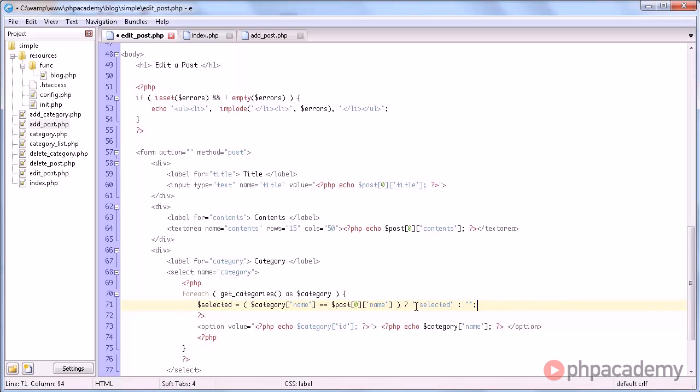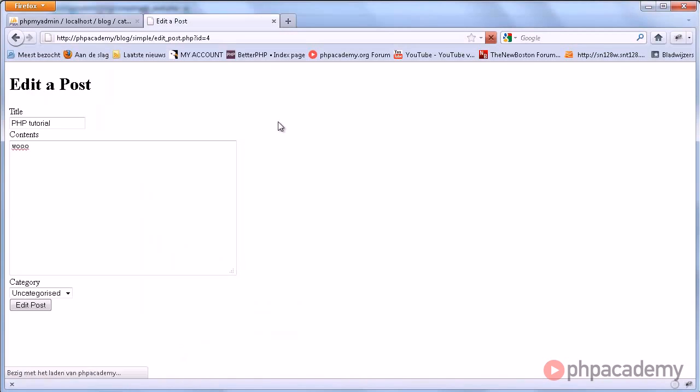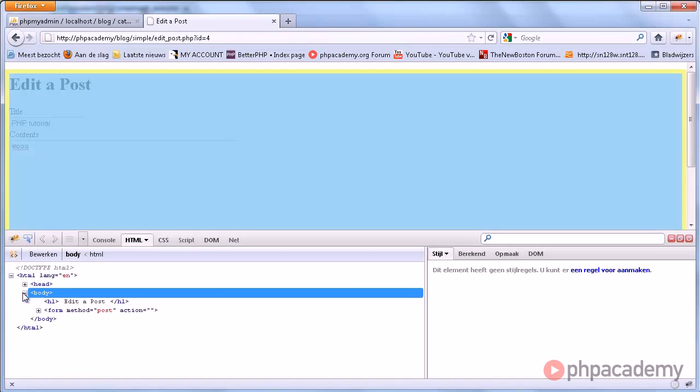If you are using XHTML, you want this to be selected equals selected, but since I'm using HTML5 I don't need to, so I won't. And here I'm going to say echo selected. And now when we go and view this again, we get the contents here, and we also got the wrong category here. So let me open up Firebug,